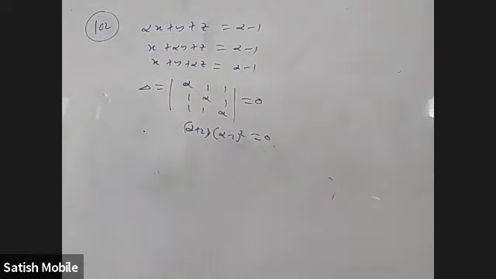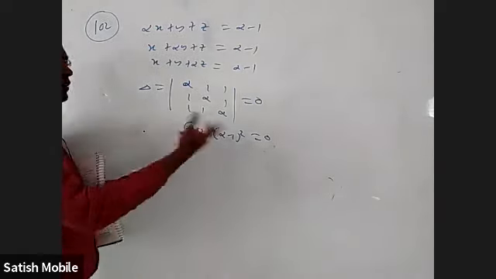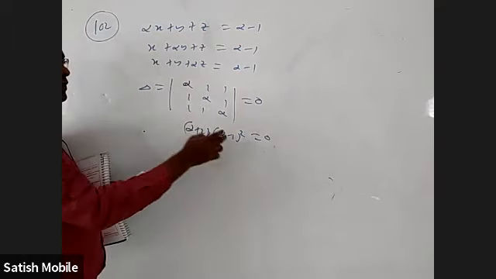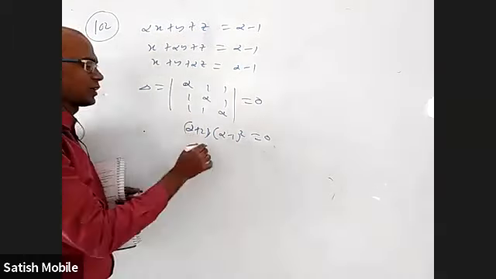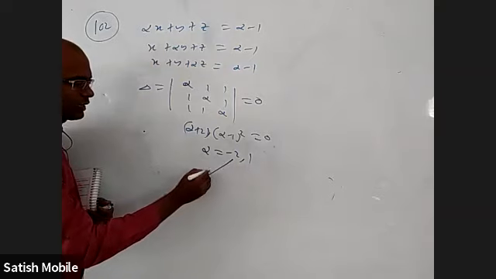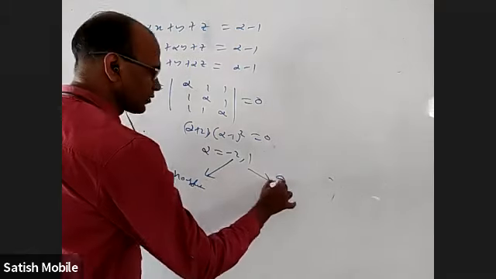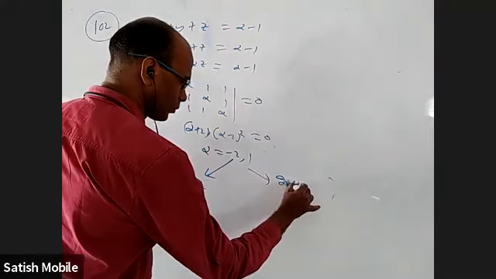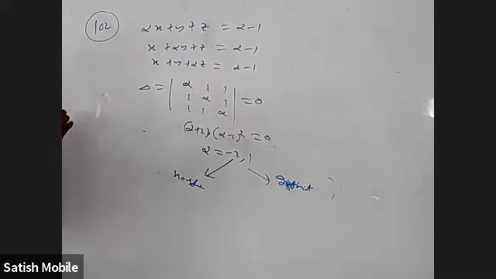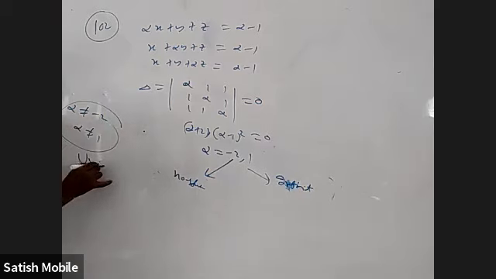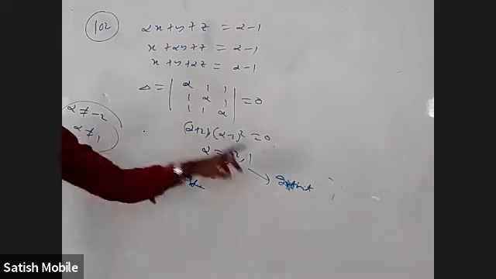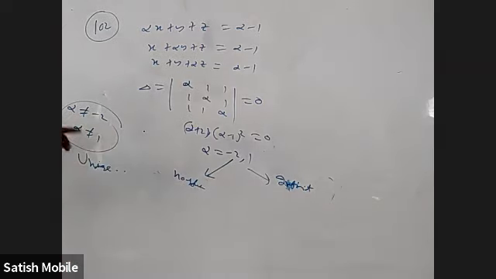In the same way here, I can say when alpha equal to 1, 2 columns are same and 3 columns are same, it is a factor twice. And when I add all the rows, alpha plus 2 common, whatever it is, alpha equal to minus 2 and 1. Okay. I can easily say when I take minus 2, it is no solution. When I take equal to 1, it is infinite solutions. And when alpha is not equal to minus 2 and alpha is not equal to 1, it is obviously unique solution. Why? Delta is 0 only for these two numbers. For every other real number, delta will not be 0. Delta not equal to 0 means unique solution.